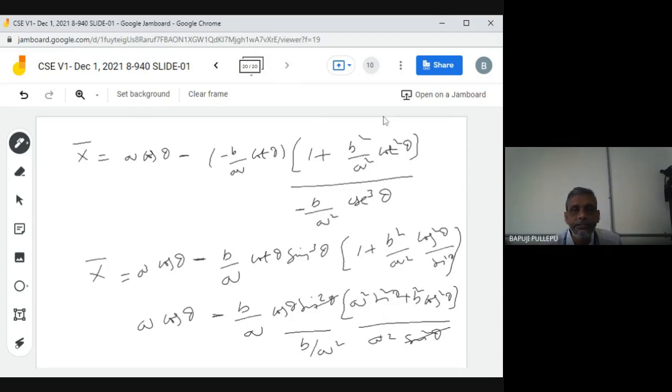Oh, 20 slides over. If you want to start, you can simplify that. Then I'll stop here. Don't worry, I will do it later in the next class. Then you can do something if you want. You will get cos theta is equal to something, then sin theta is equal to something, then square and add, you will get the equation. Otherwise, I will do it again from the beginning. Don't worry, this problem. Then I'll stop here. Okay, sir.